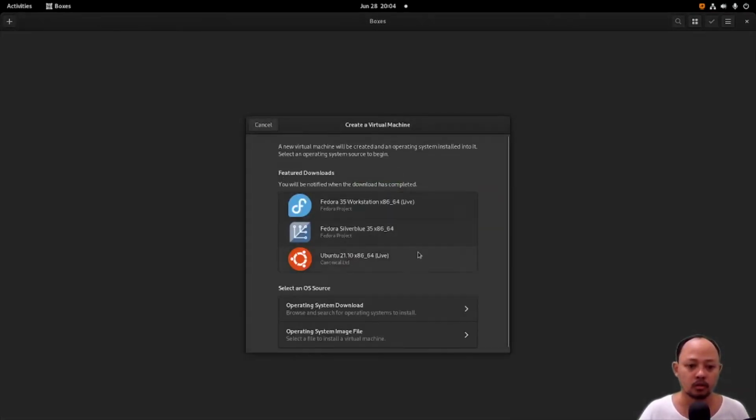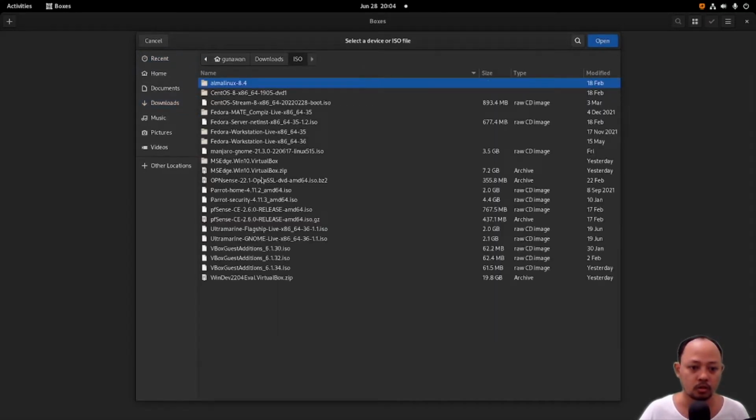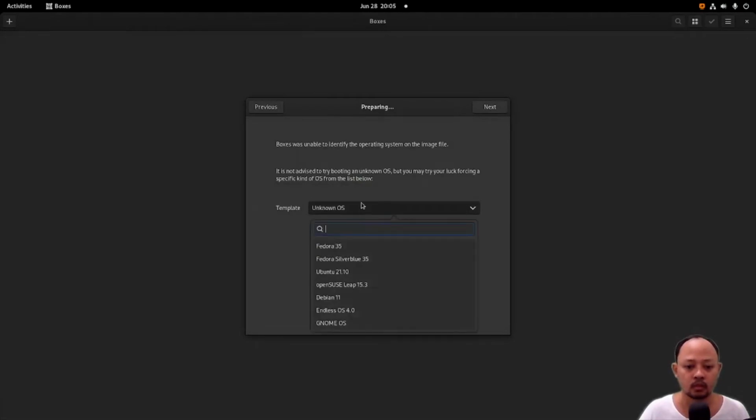I will add a new VM here, and then I will choose the ISO image, Ultramarine GNOME. And for the template, I will choose Fedora 35 because it's based on the Fedora distro.